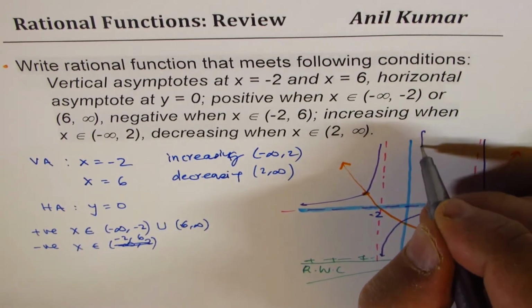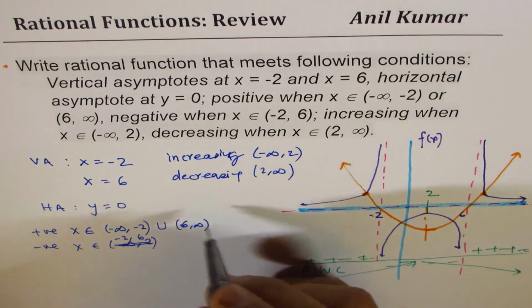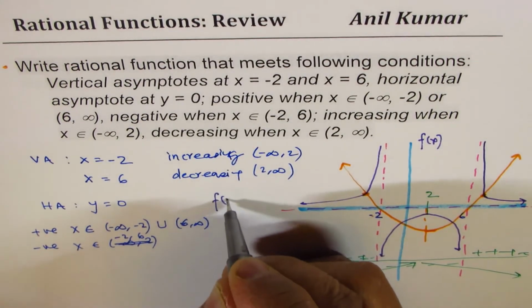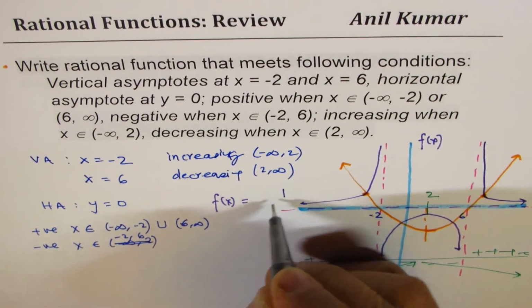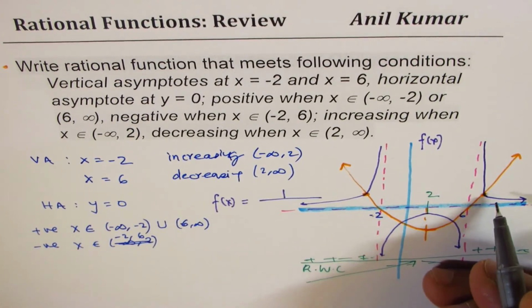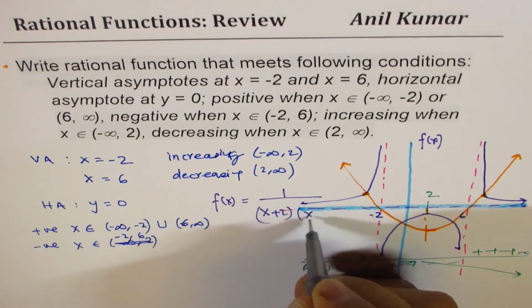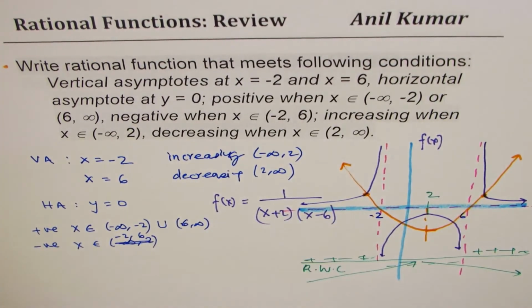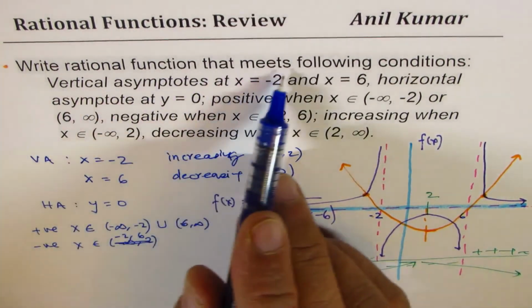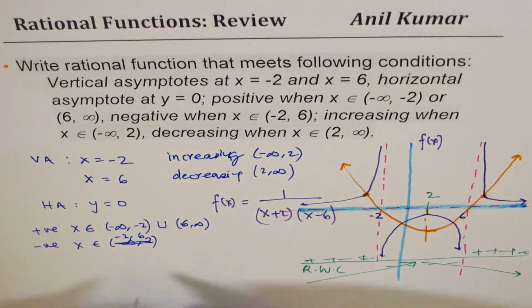Let me call this function as f of x. Now this function f of x can be written as equal to reciprocal of this quadratic function with these two roots, which is x plus 2 times x minus 6. Does it make sense to you? So we have graph, we have the rational function that meets all these conditions. So our answer is